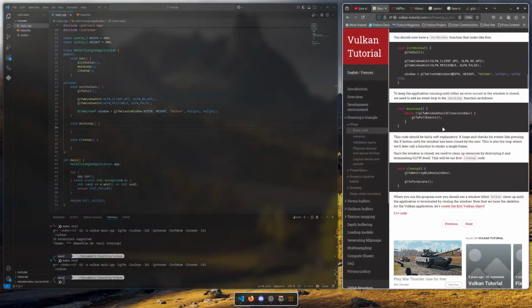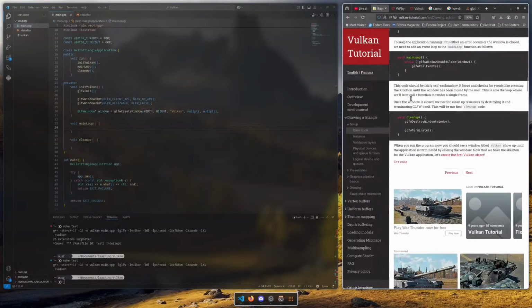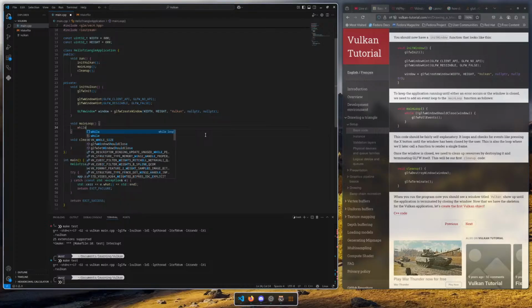Here we come to the main loop. So we just make it a while loop that tells it to keep the window open as long as this event is not called, which will be called by